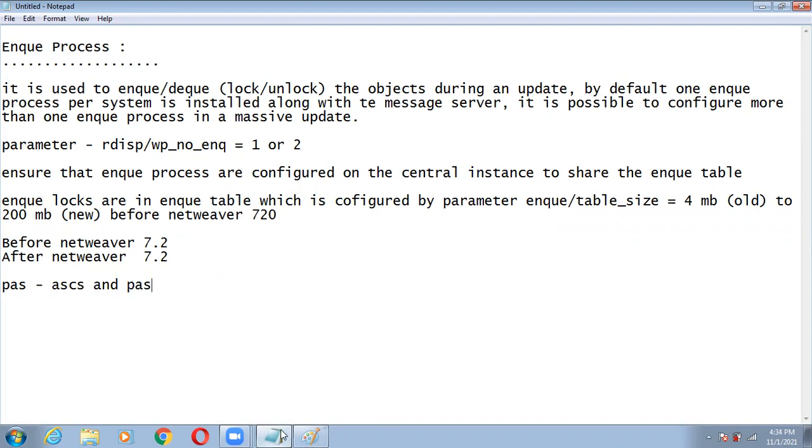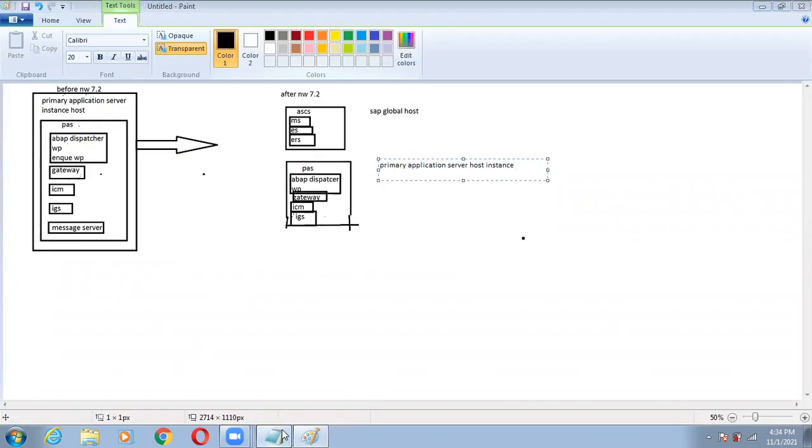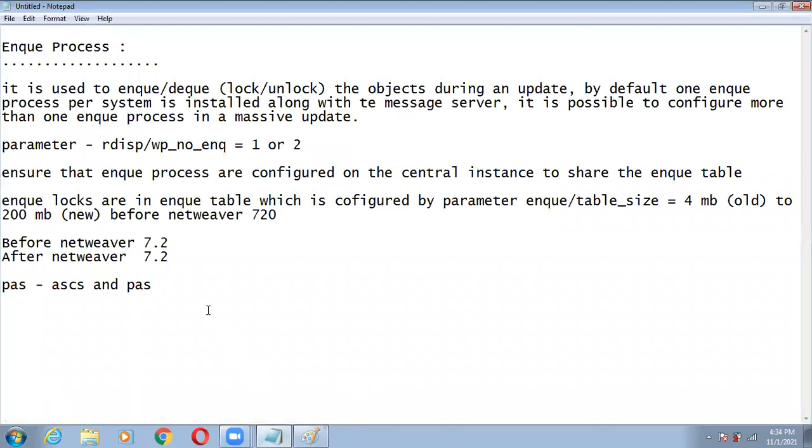I have written one terminology, ERS. I will tell about the ERS, that is the NQ replication server. This NQ replication server is nothing but a high available system.